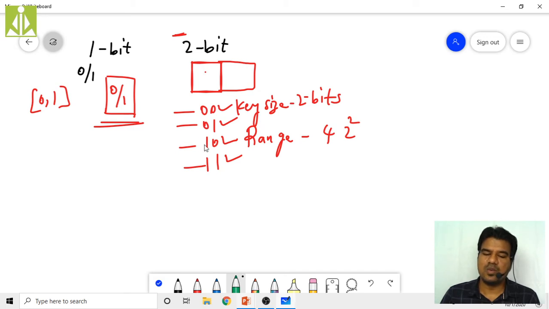Our key is 1 0. Let us assume this is our actual key, from this key range. So what will the attacker do? The attacker will start his